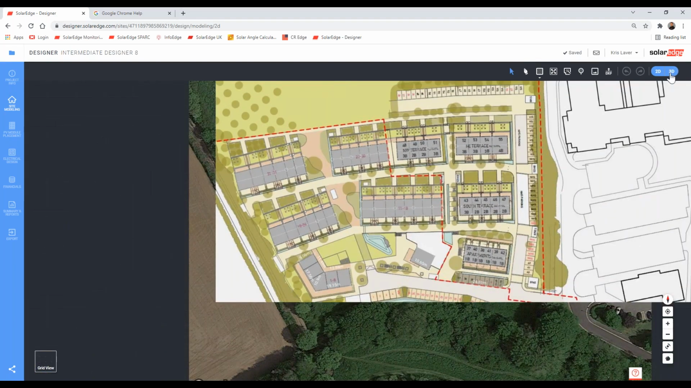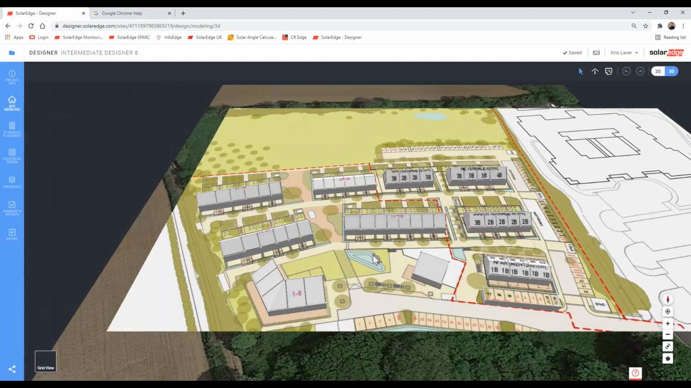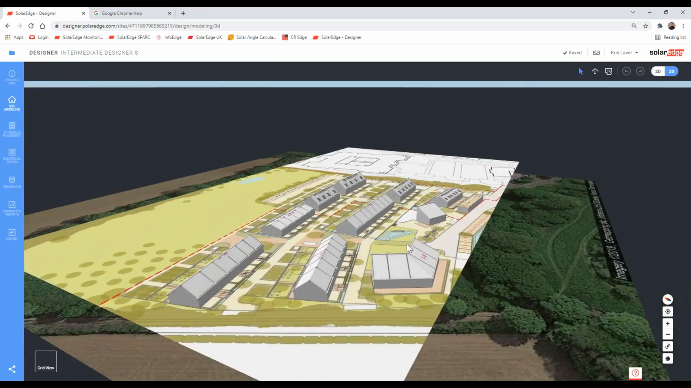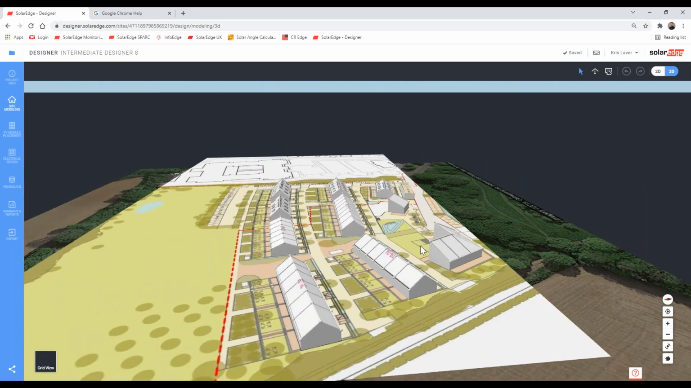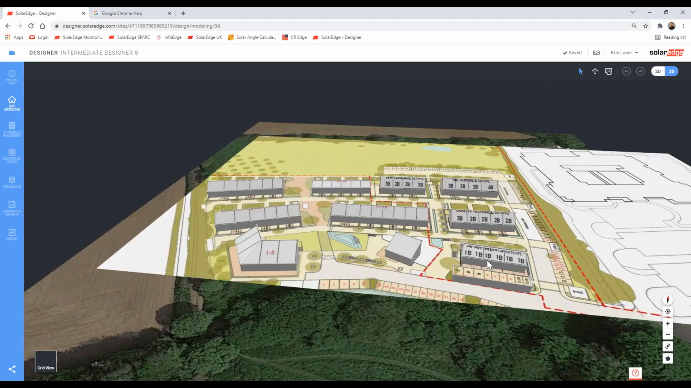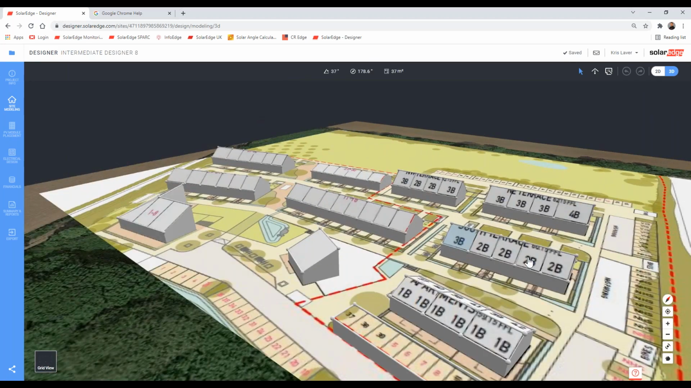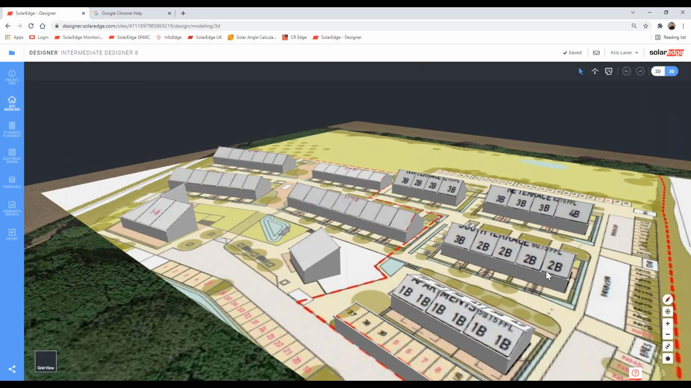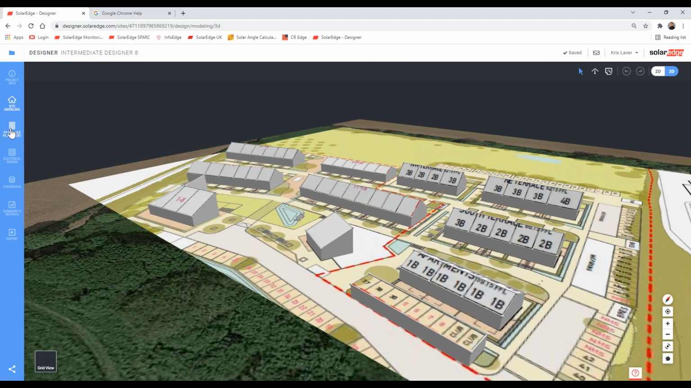Now when you hit 3D, you've now got your new development scaled in using images that are already existing. Even the plot numbers here have pulled up on the drawings, which is beautiful. Then into PV module placement,